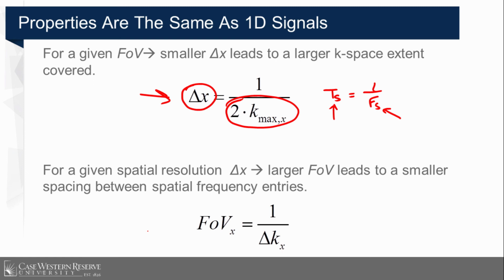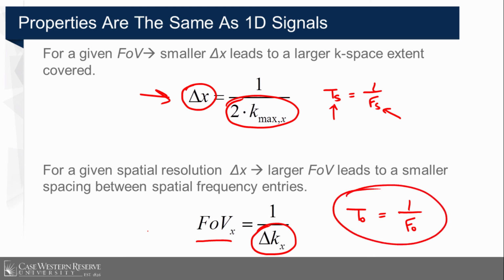So a field of view in signals terms is just our T0, and T0 is inversely proportional to F0, which was our spectral resolution. And so what we're saying here is that if we have a large field of view, then we'll have a high spectral frequency resolution. We'll have a smaller spacing between points in our K-space. So again, this makes sense if we think about it in terms of the signals perspective, but it always helps, if you're starting to get confused, to go back to our signals relationships and think about what those mean in